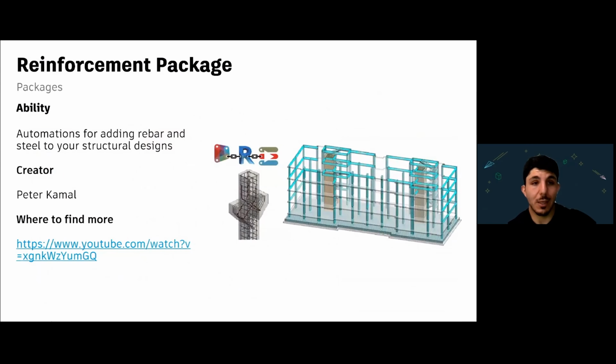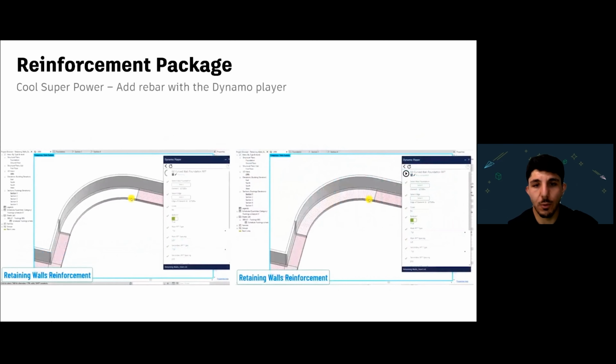And in that regard, if you want the same kind of thing for rebar, there's something by Peter Kamal called Reinforcement Package. It's another package that helps you use Dynamo to help with rebar modeling in Revit. And a cool power here is you could just, with Dynamo Player, click on the objects you're trying to add rebar to. As long as everything is set up correctly in a Dynamo graph, as long as your components are there in Revit, in one click, you can add all the correct rebar you want into one object at a time. So it's very cool, a very good way of showing that on one hand you can use structural and rebar modeling in Revit. That's a lot of work being done in BIM models today. That's an excellent boost and superpower.